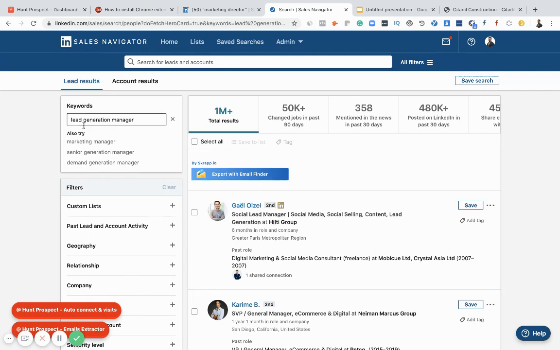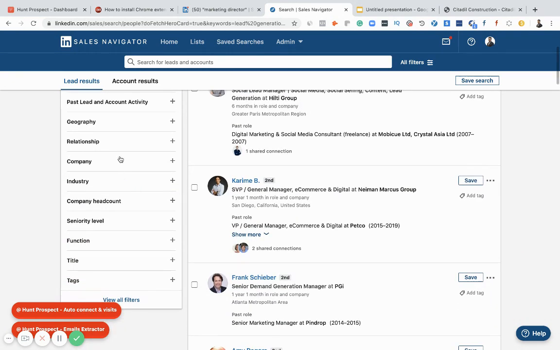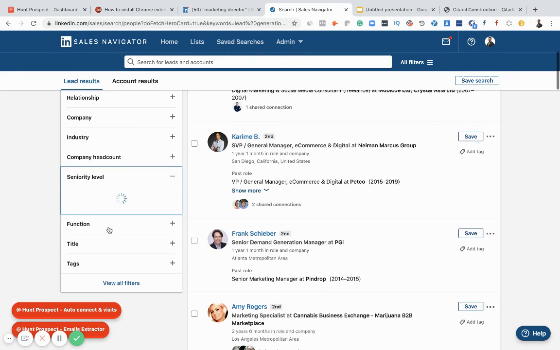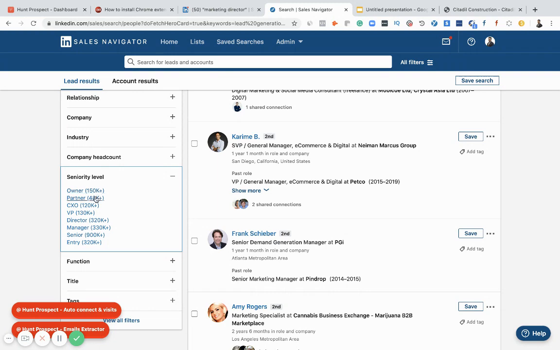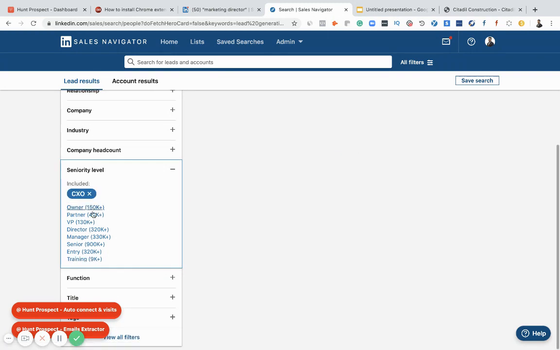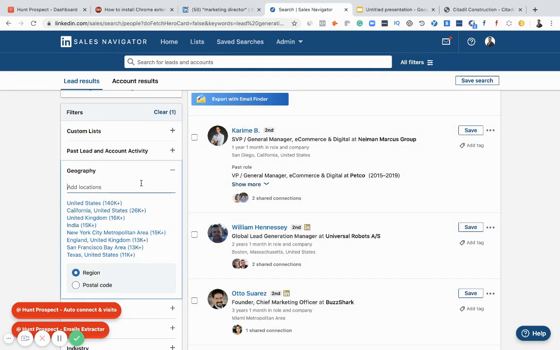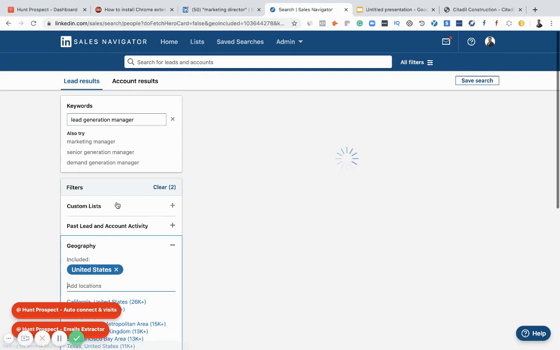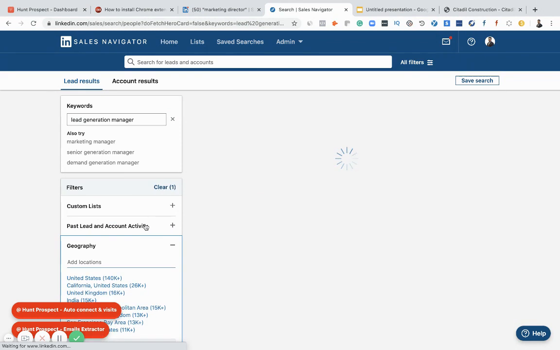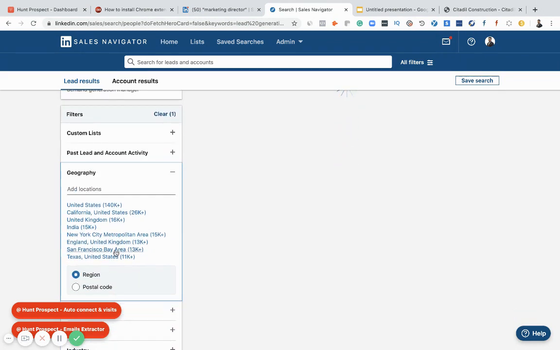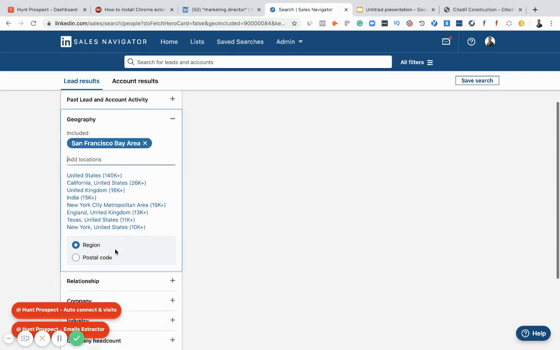What I have done, for an example, is I've just searched for lead generation manager. Now you can obviously filter it based on seniority level. Let's say I want CXOs, I want vice presidents. Now you have many filters possible. Geography, let's say I only want, okay, let me go more narrow, I only want the Bay Area.